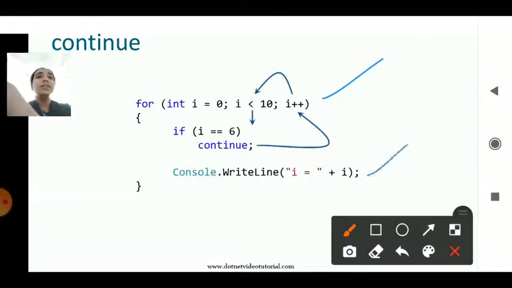So each and every time it prints the values 0, 1, 2, 3, 4, 5. At 6 the break statement took a break, but here it will continue the statements from the 6th element. 6 is less than 10, so it will compare it and print all the elements from 1, 2, 3, 4, 5, 6, 7, 8, 9, 10.